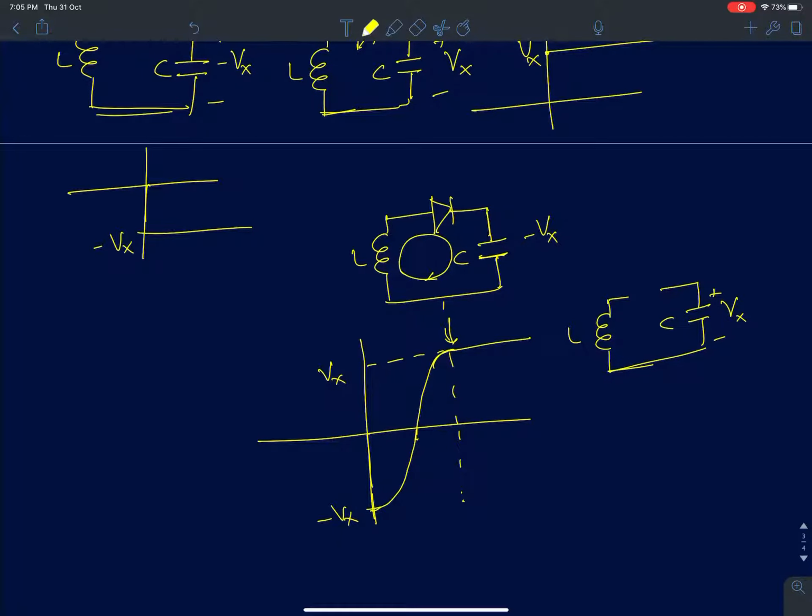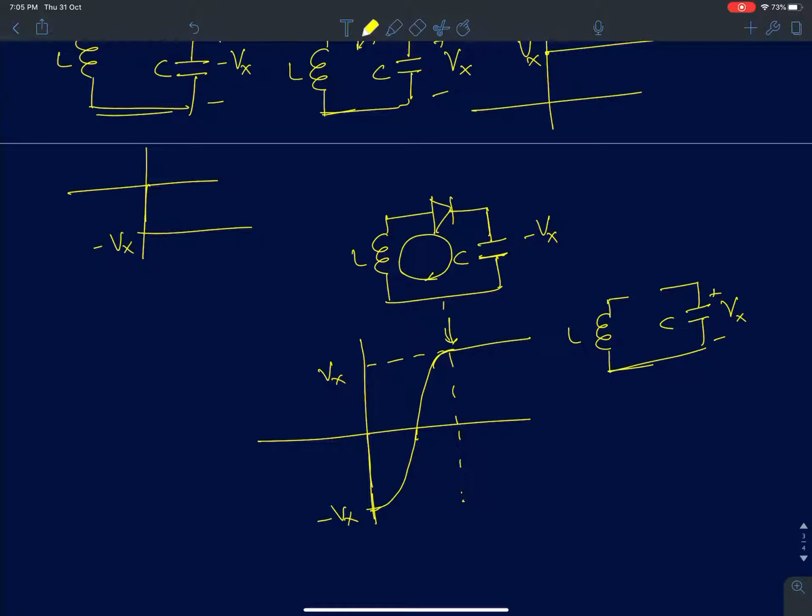Okay. So I'll also plot the voltage across the capacitor. The voltage across the capacitor is simply the voltage across the inductor plus 0.5. So it will start from 1 and then go to 0 at this point. So when you look at it at the half cycle, at the end of this